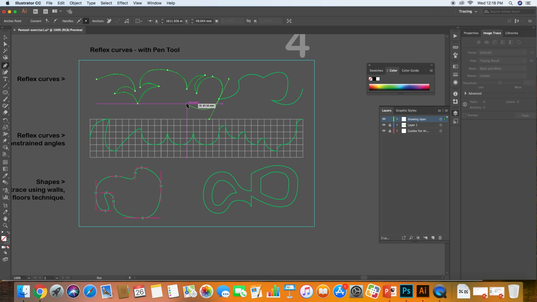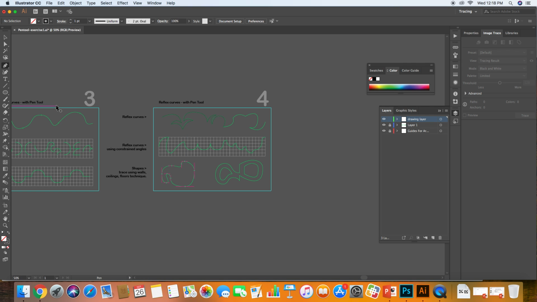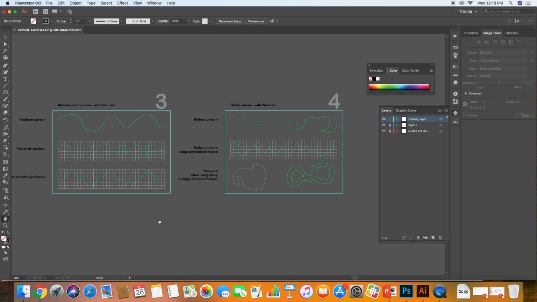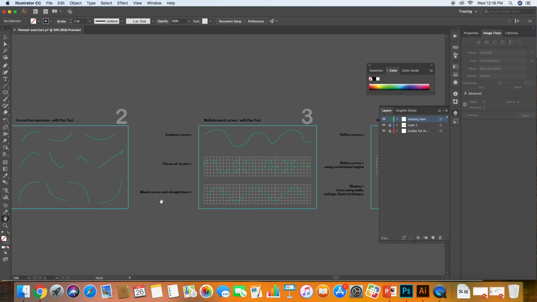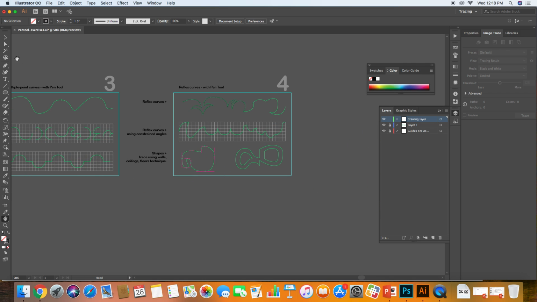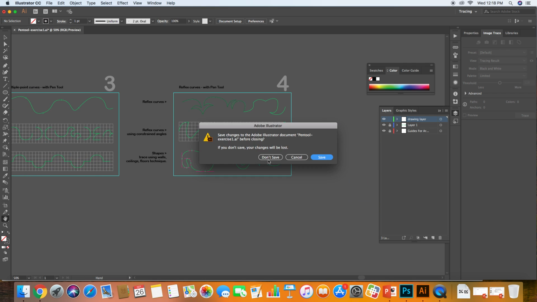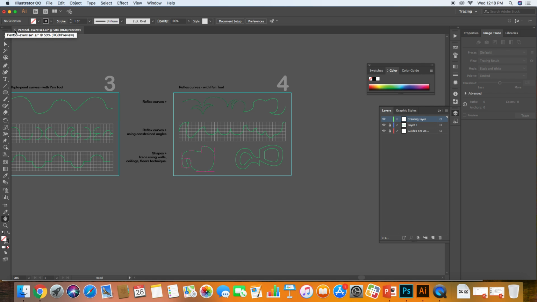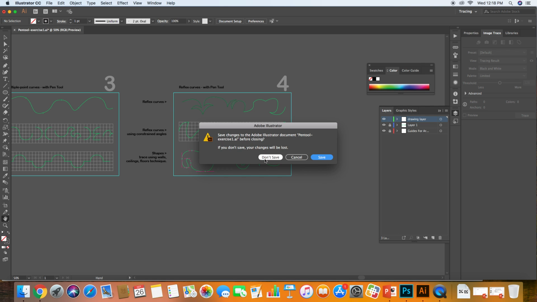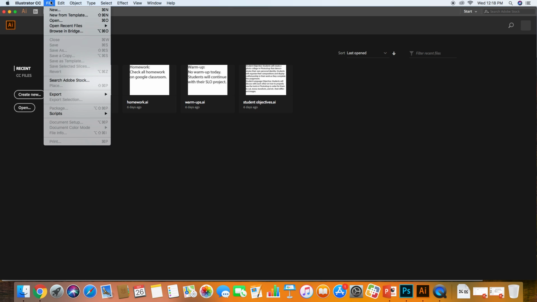All right, but pretty much though, Command Shift A, you're going to finish exercise 1, 2, 3, and 4. And then when you move on to, I'm just going to close this, but yeah, just make sure you File, Save As, make sure it's saved in your folder. But when you move on to exercise 2,